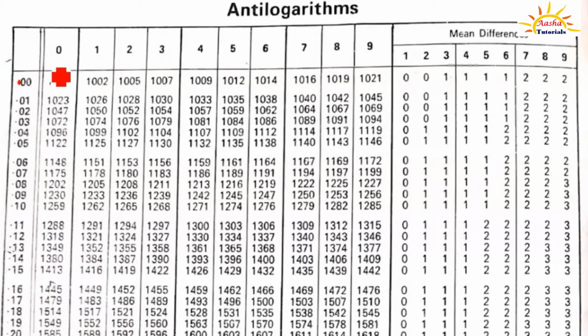So in that way this particular column starts from 0.00 up to 0.99. And next to that we again have 10 columns where the values of the antilog of the first two digits after the decimal point are provided. It means the antilog of 0.01 in the first column is 1026. And similar to log, here again we have 9 columns for the mean difference. So this is anti-logarithm, and how to use it? Definitely we will see in examples.